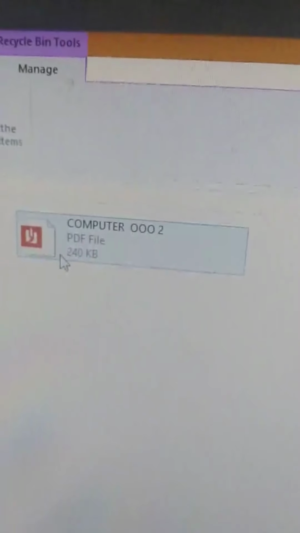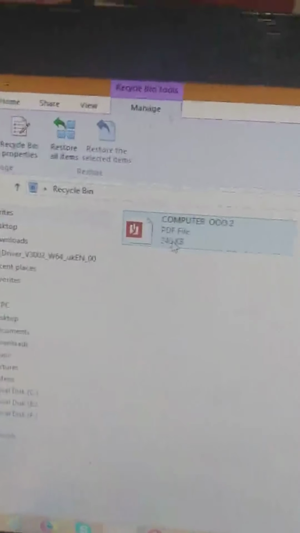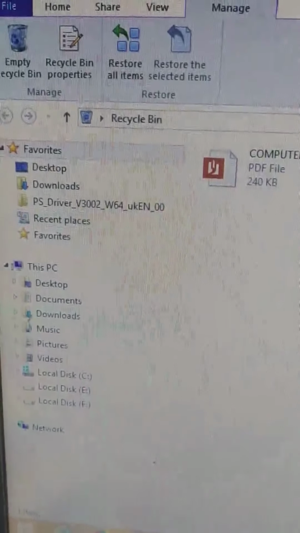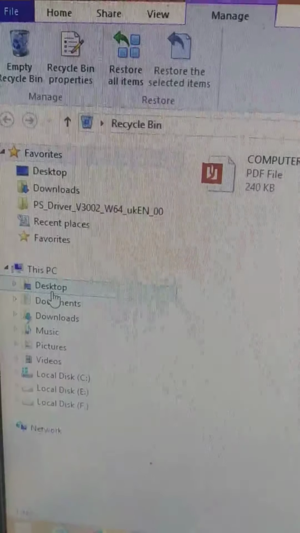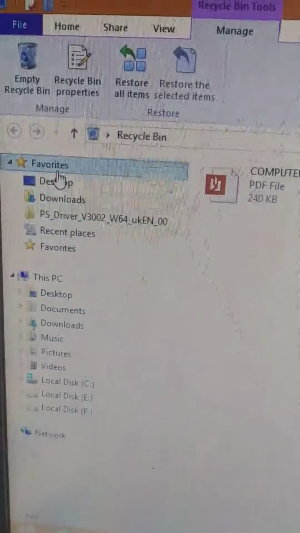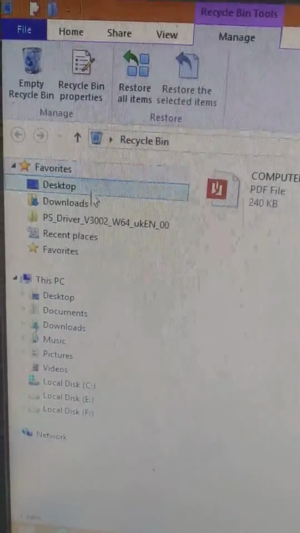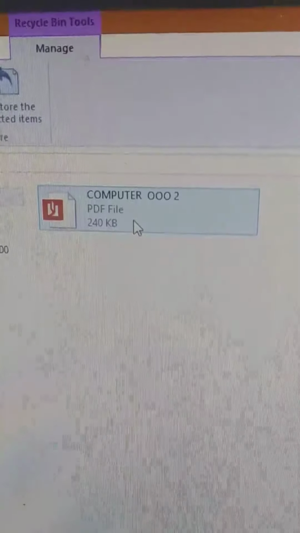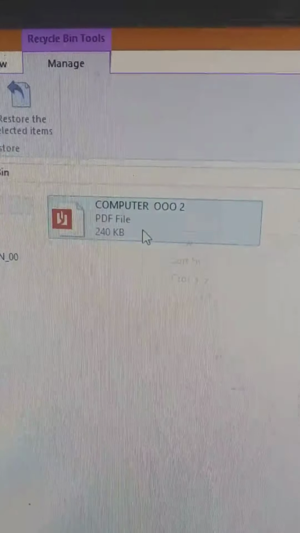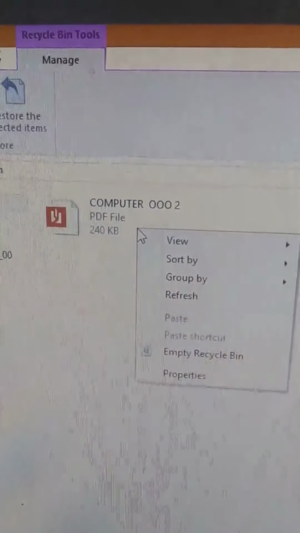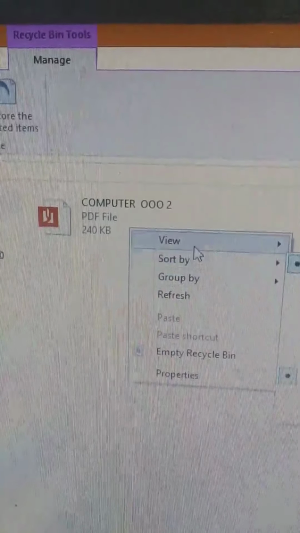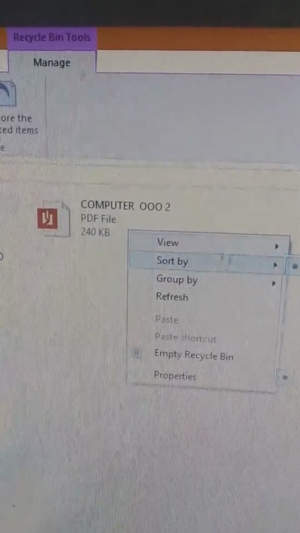What is placed in the recycle bin? For example, sometimes we delete a file. That file is placed in the recycle bin. Here you are seeing that this file has been deleted and it can be restored, by right clicking on it and restoring it.